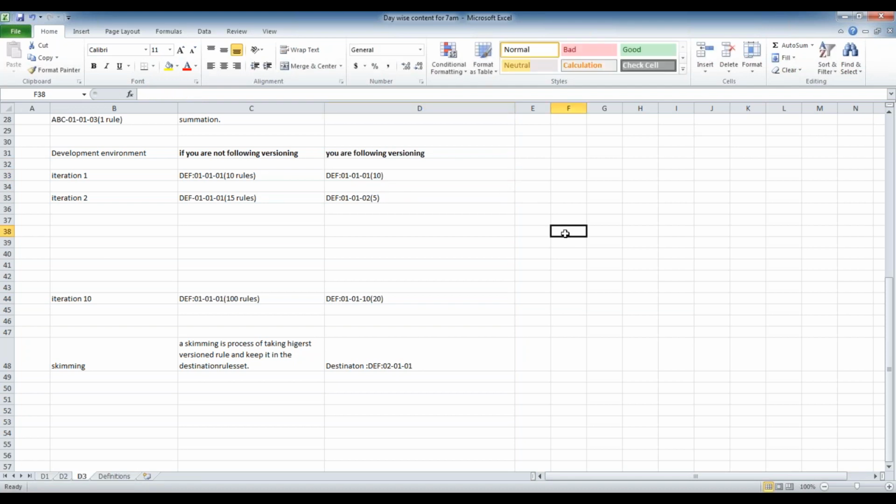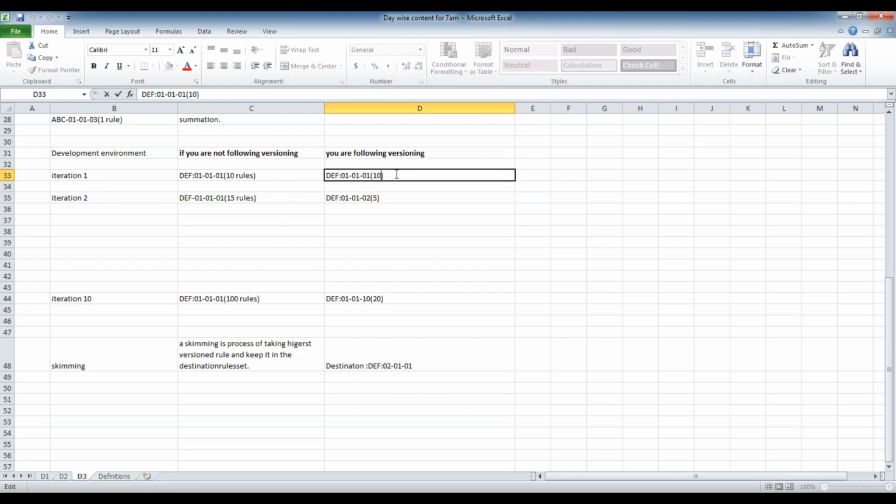Subhash, here I have one more question. In iteration 2, you are following the versioning concept, okay? So if I export the iteration 2 version like 010102, we modified only 5 rules. What about the rest of the 5 rule references? Because the references are also required, right? Because in total they modified 10 rules as part of version 1, right? What about the references concept?